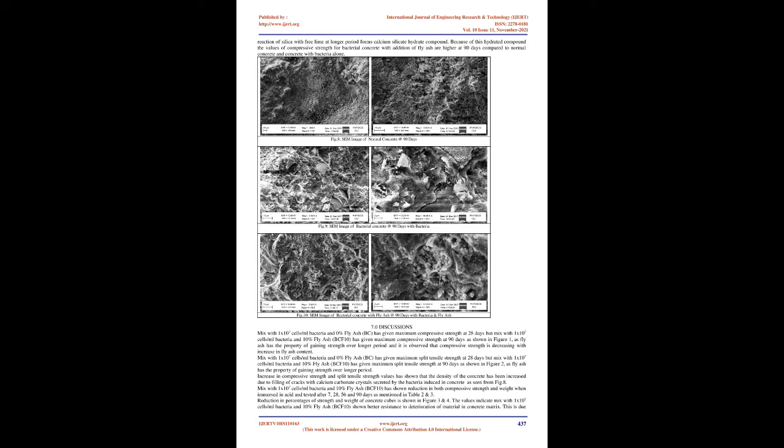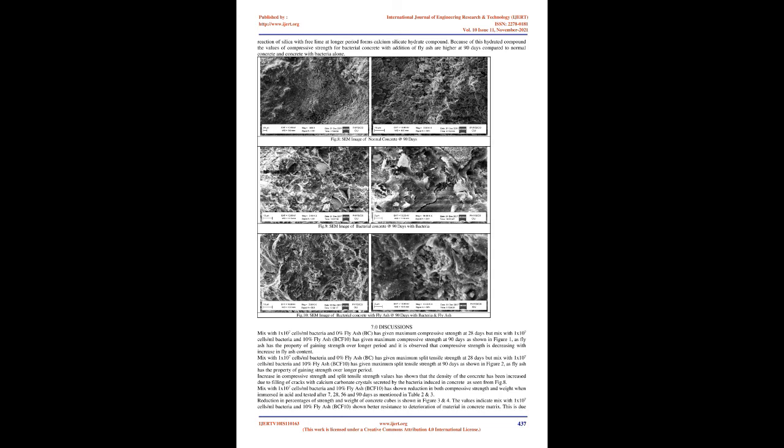It was notable that Figure 7 of normal concrete matrix was not homogeneous and contained small pores and cracks. Figure 8 indicates bacterial concrete sample had depositions of calcium carbonate in cracks and less number of pores are seen in comparison to the samples of normal concrete. And it is consistent with the values of higher compressive strength for bacterial concrete compared to normal concrete.